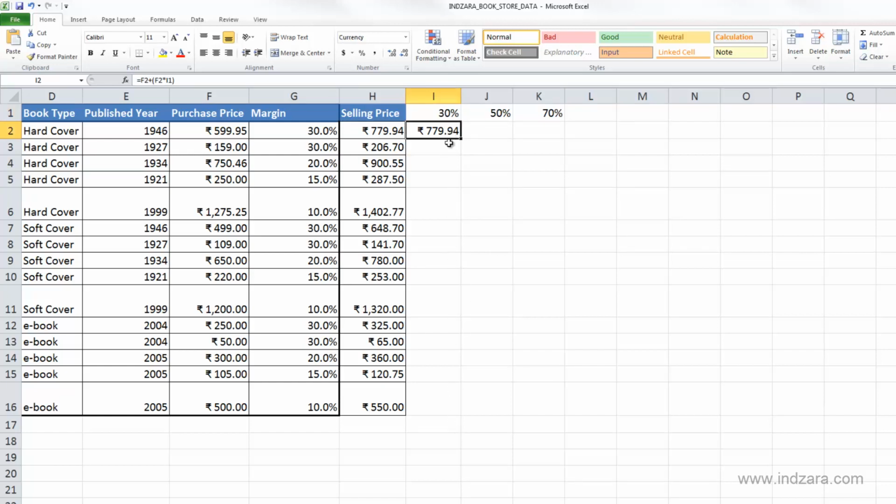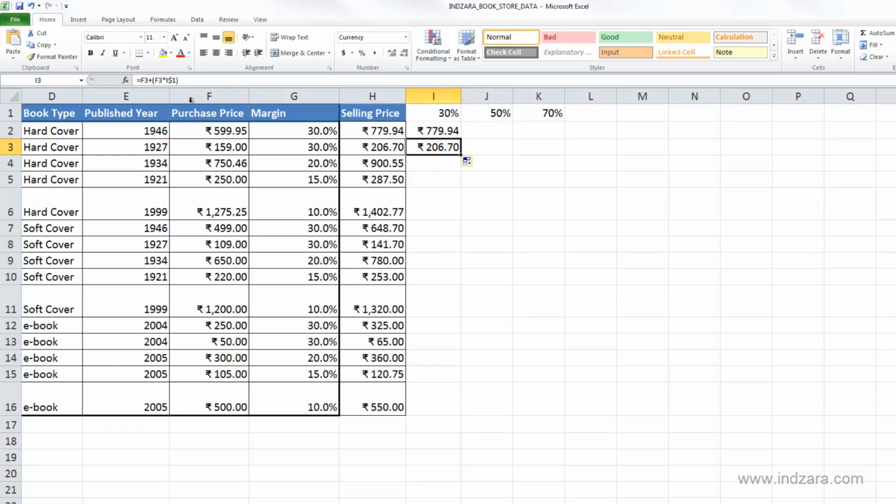So in order to achieve that, what I need to tell Excel is that when I'm copying cells over here, we have to lock the first row in I1. So if I'm going to type a dollar sign in front of 1 and hit enter, you can see that the purchase price is a relative reference, which means when I scroll down, when I copy